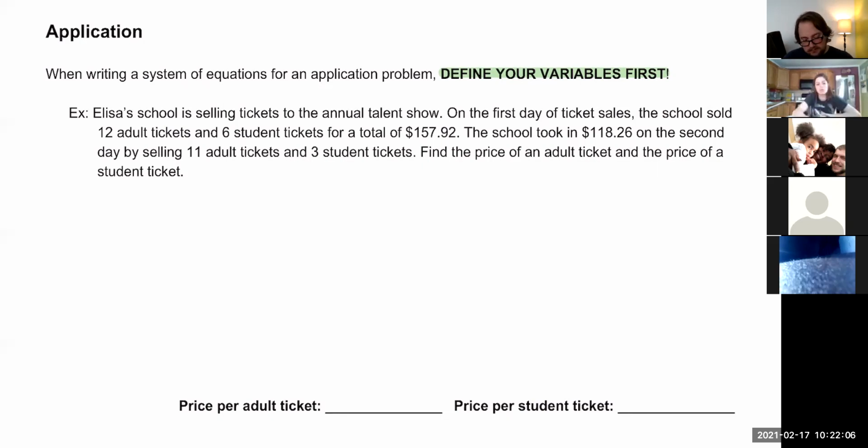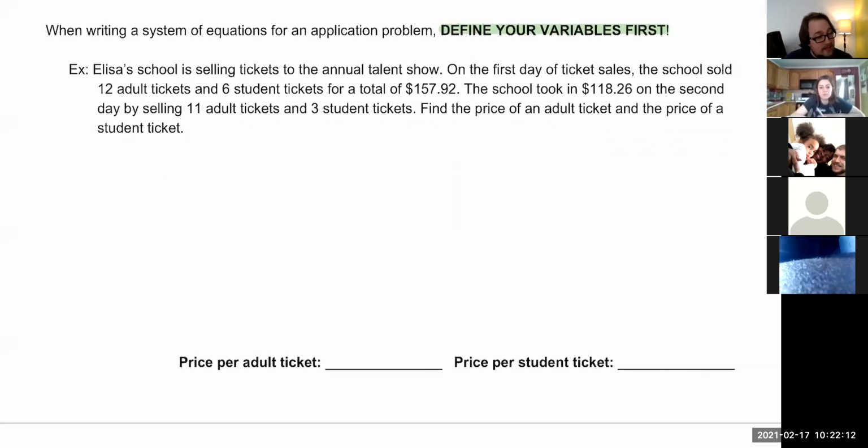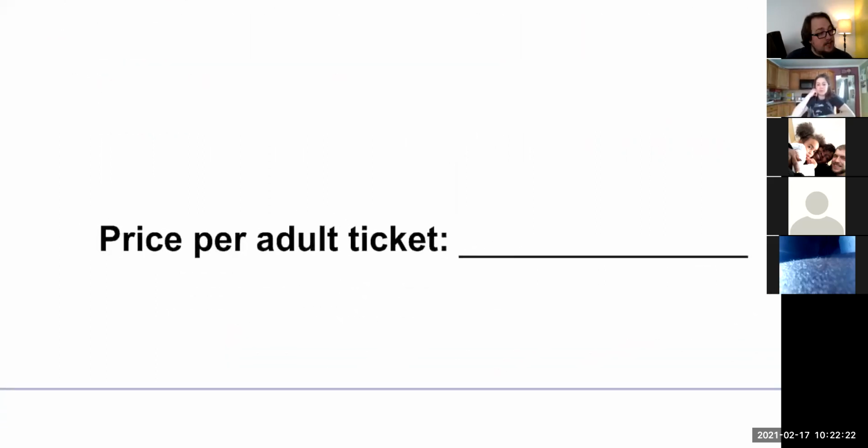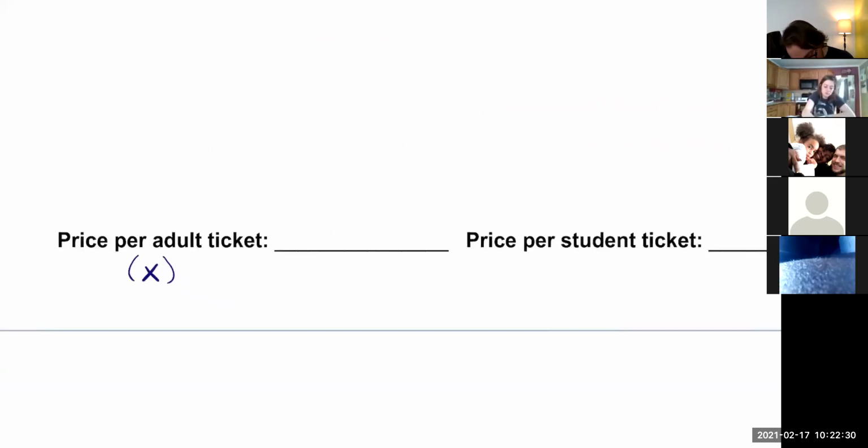Now, for this one, because I like to take a few shortcuts when they make sense, I already know what I'm looking for. I've already provided those answer lines there at the bottom. So just to save myself from having to write more than I necessarily need to, I know I'm looking for the price per adult ticket. I'm going to say that'll be my X. And the price per student ticket